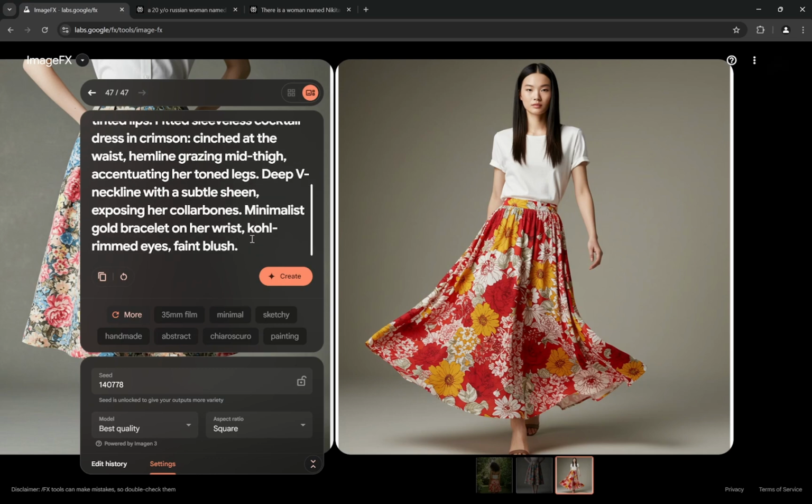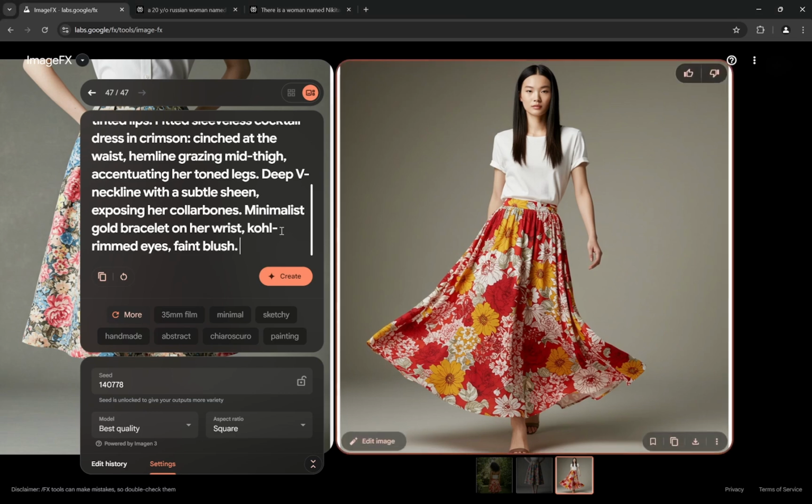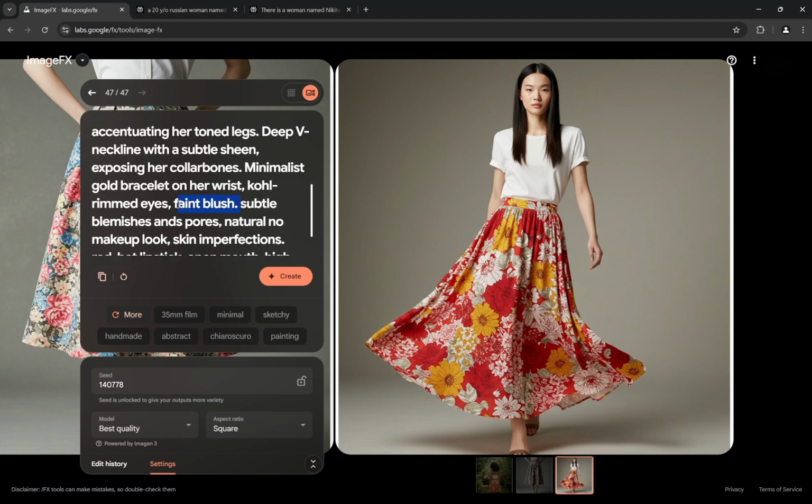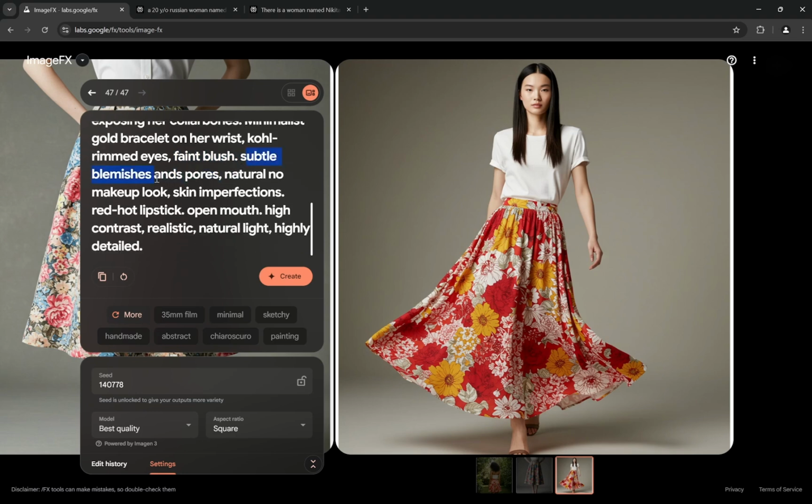Now after this, what I generally like to provide is a little bit of realism, because other than that you would see that the realism is not there. So for that, I'll provide this. Here you can see, after the faint blush, what I added is subtle blemishes and pores. Natural, no makeup look. And even if you are providing makeup, always remember, write natural no makeup look at first, and then try to provide lipstick or something like that, because it creates a slightly realistic